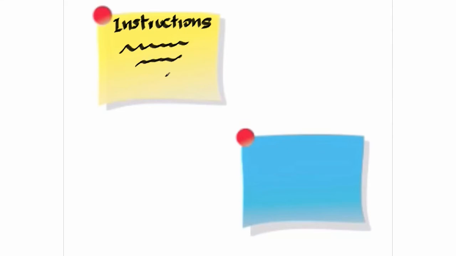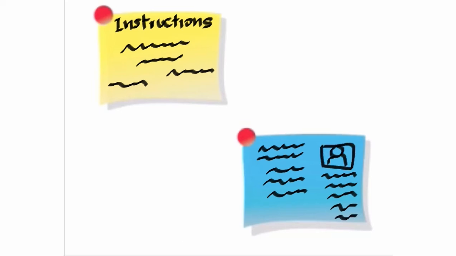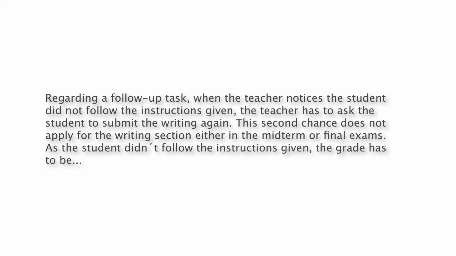It is recommended to write the instructions on the board or small pieces of paper to be given to the students. This way, the teacher can easily identify what details and information the students missed and thus score their written performance with more objectivity. Regarding a follow-up task, when the teacher notices the student did not follow the instructions given,